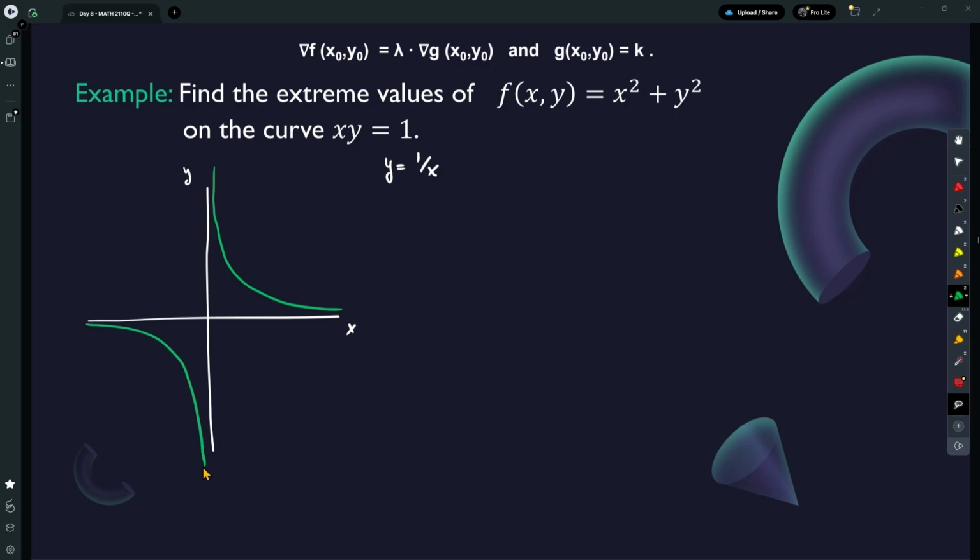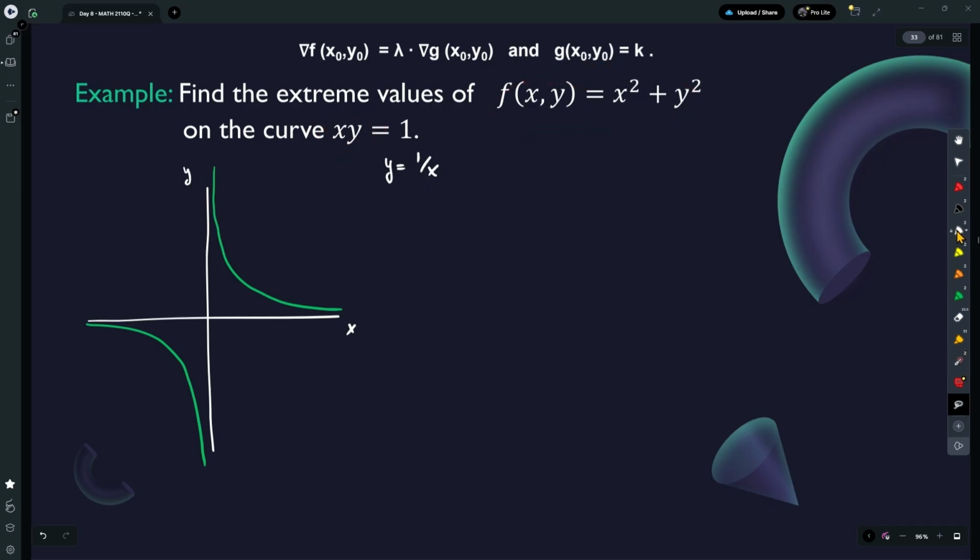And so it does go infinitely in every direction. It just goes all the way to infinity. So let's see what are the possible values for this function on that hyperbola. Let's look at first what the method of Lagrange multipliers tells me is that I have to make the gradient of f and the gradient of g